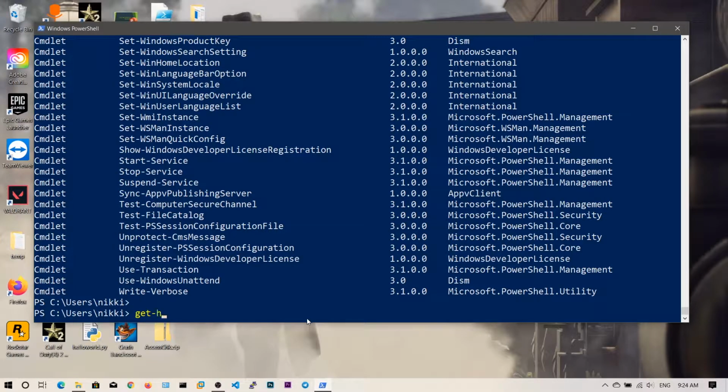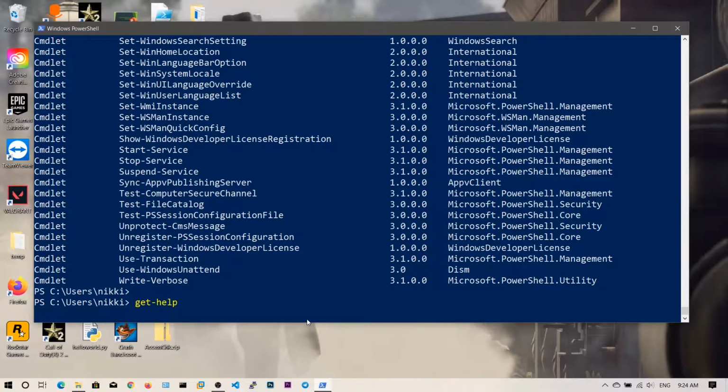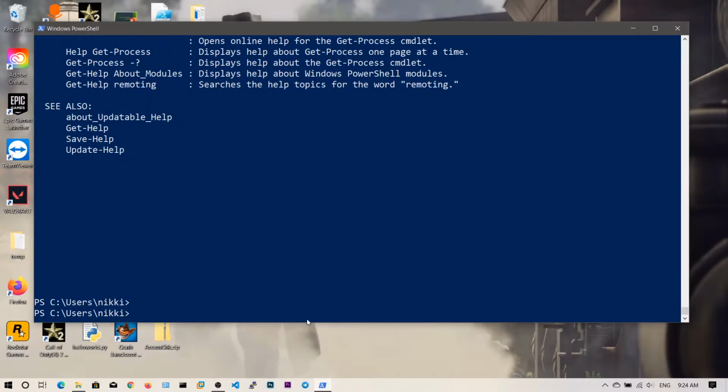The next command we will be seeing is Get-Help. You can say Get-Help. Now you need to type the command name whose help page you want to get. Let's say Get-Service. Get-Service is a command that fetches all the services that are running on our local computer, and you can also fetch the services of a remote computer using the computer name, which we will see later. So type Get-Help Get-Service. This will display the help page of the Get-Service command.